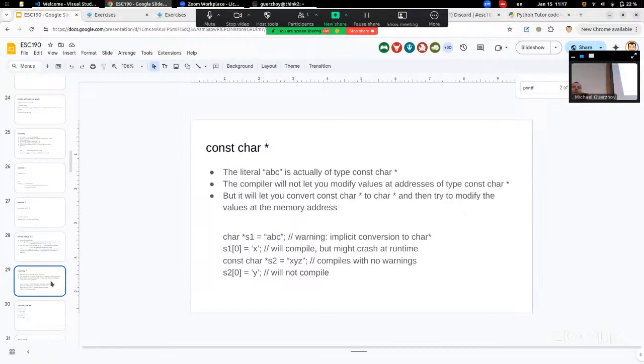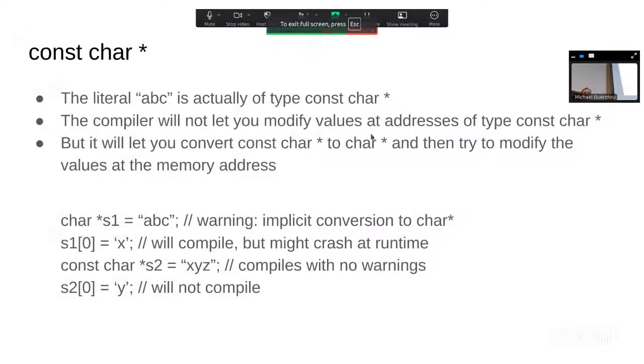So the actual type of ABC when assigned to S2, the type when this is happening, is actually not char star, it's const char star. Okay, so what const char star means is it's an address of a block of values, the contents of which you're not allowed to modify. Okay,